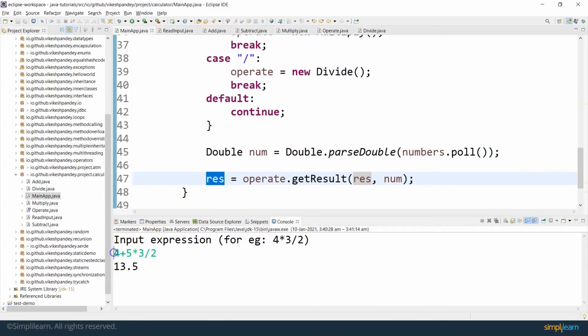That's the reason the result of 4 plus 5 gets stored in rest. The next time we call getResult for the multiply operation, the rest value is 9 now, and it says 9 into 3. Again, the next time, the rest value will be updated to 27 because we are storing the result back into the result variable. So this is all I want to cover in this particular session,